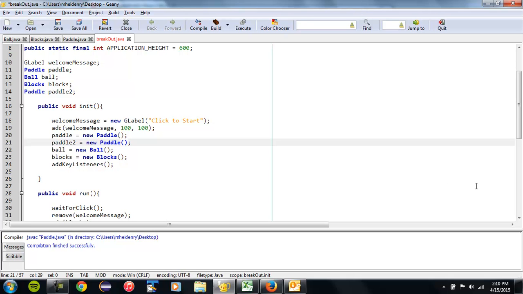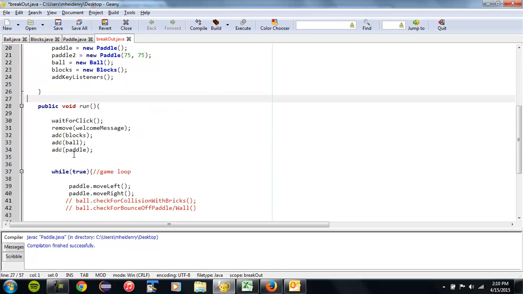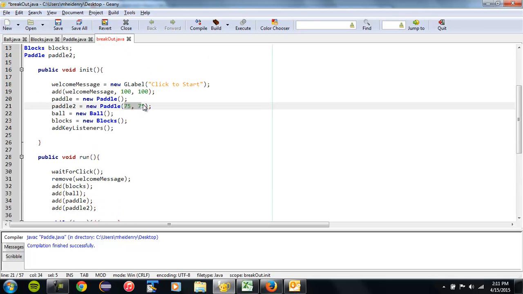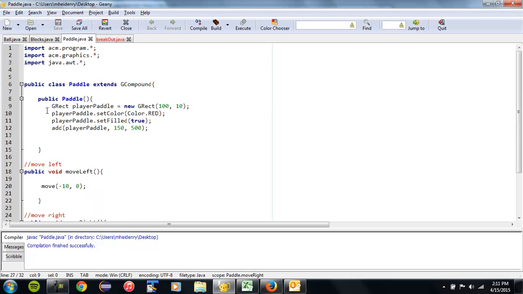In that case, or no parameters, we might put in something like 75, 75, and see if we can do something with that by passing that information over. And we'll scroll down here, and we'll add paddle2. I'm not going to compile that yet, because this would give me an error, since we're not ready to handle it. So the way that would work,